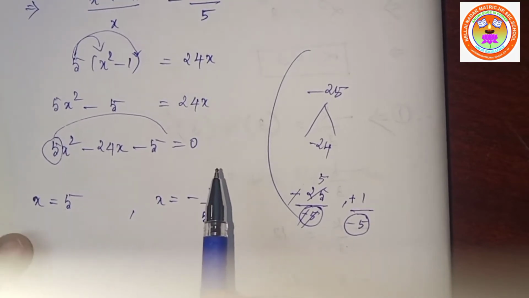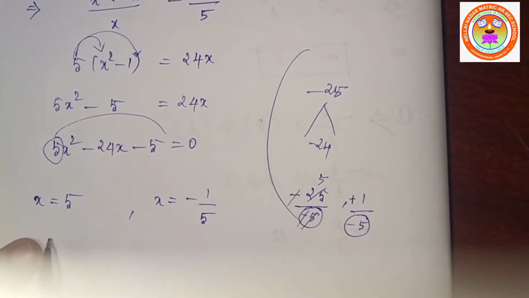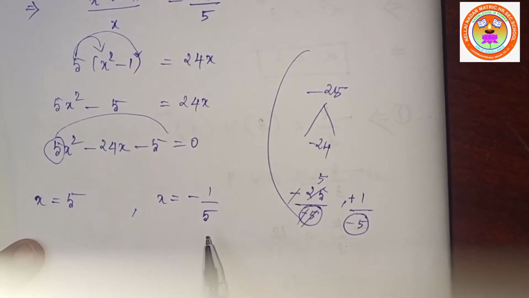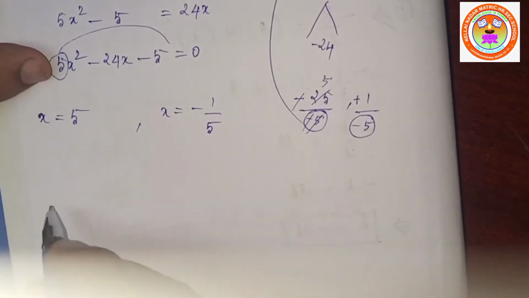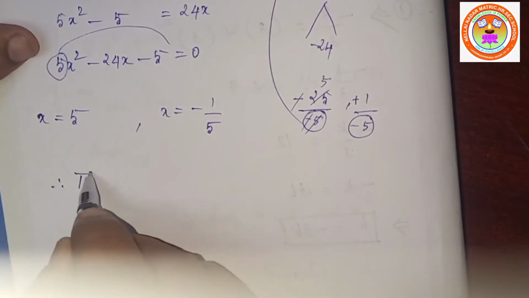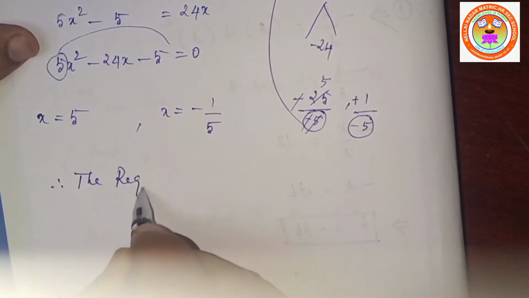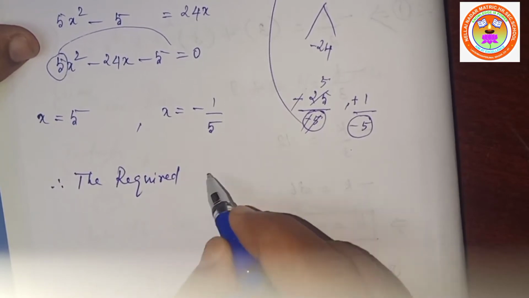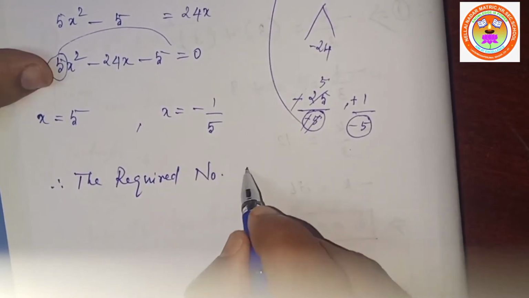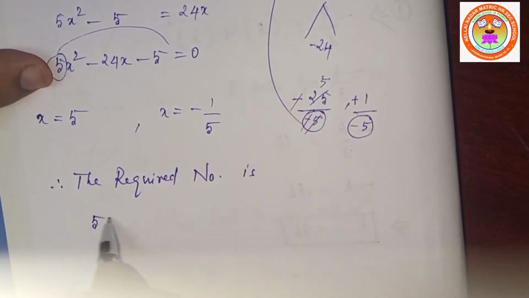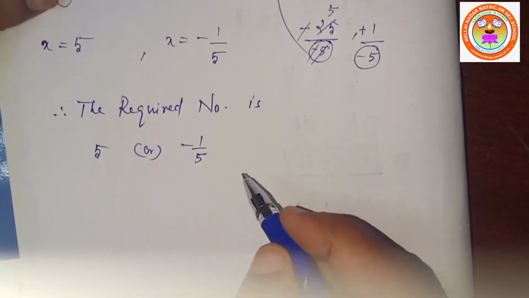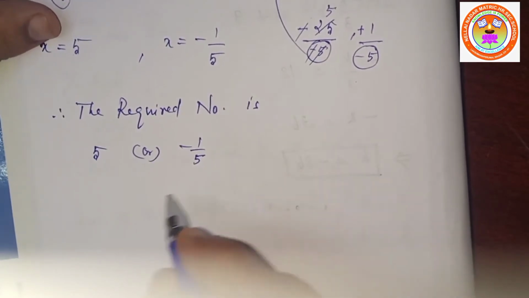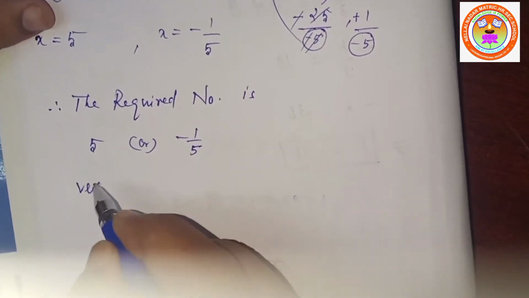Here you are asked to find out the number. Therefore 5 is a number, minus 1 by 5 is also a number. So both the answers are correct. Therefore the required number is 5 or minus 1 by 5. Okay, that's the answer. Just for verification,